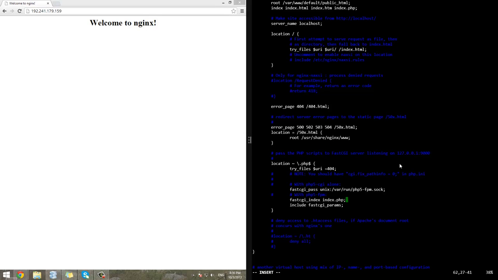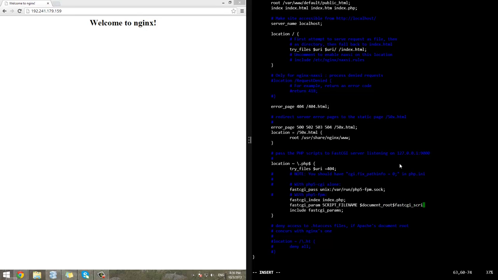We're going to include the parameters, and we're going to do fastcgi_param SCRIPT_FILENAME and $document_root, and then $fastcgi_script_name,